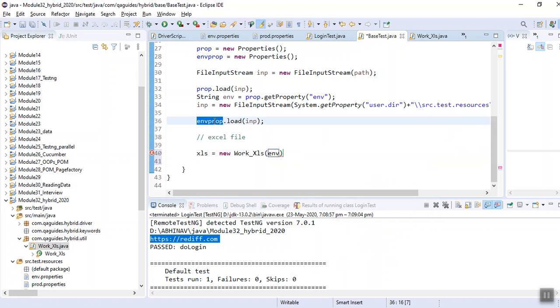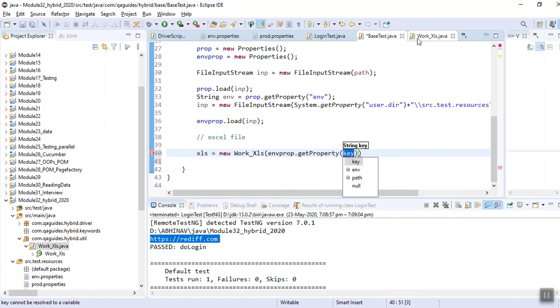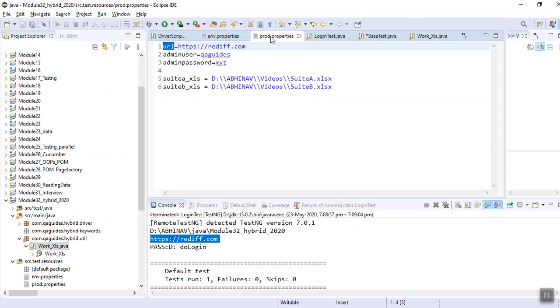Sorry, you need to give it like this: dot get property, and what is its name, environment property. What I have defined, we need to define it under environment properties.